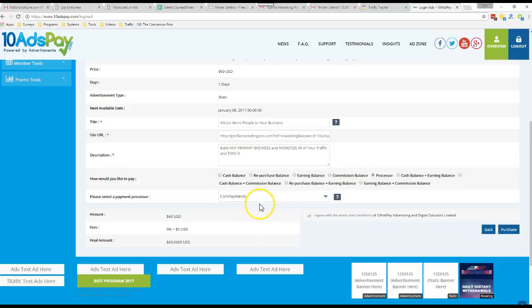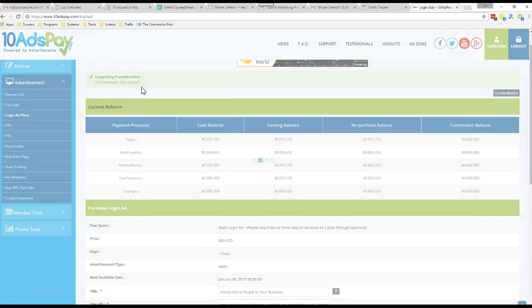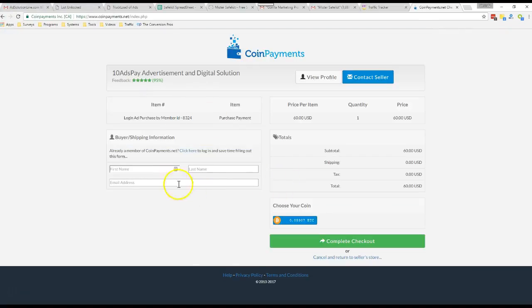And then once you're ready to go and ready to pay for it, just click purchase. And what it does, it tests your site to make sure that everything is good. All right, and then it'll take you where you can make your payments. Okay, so all right,